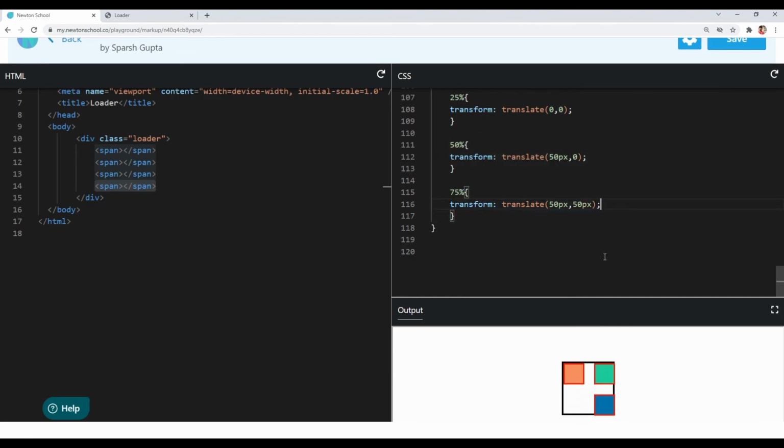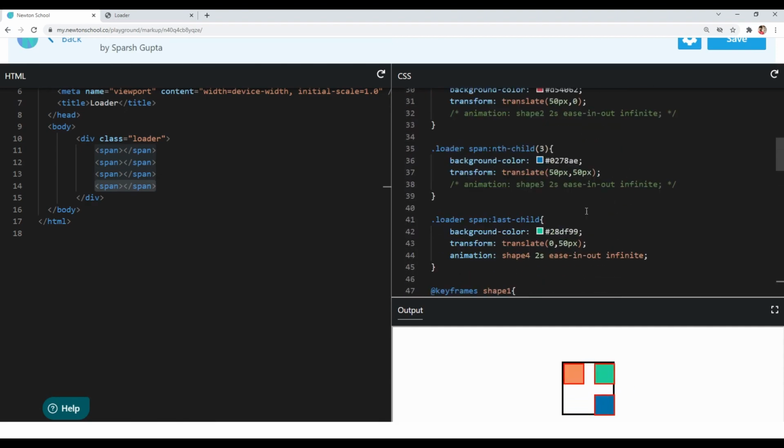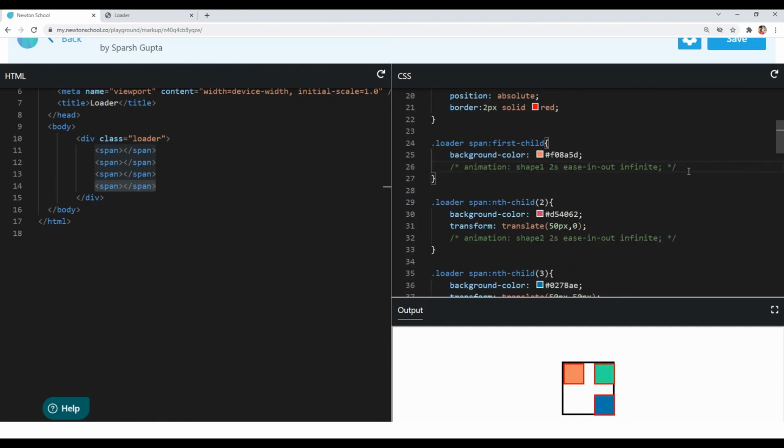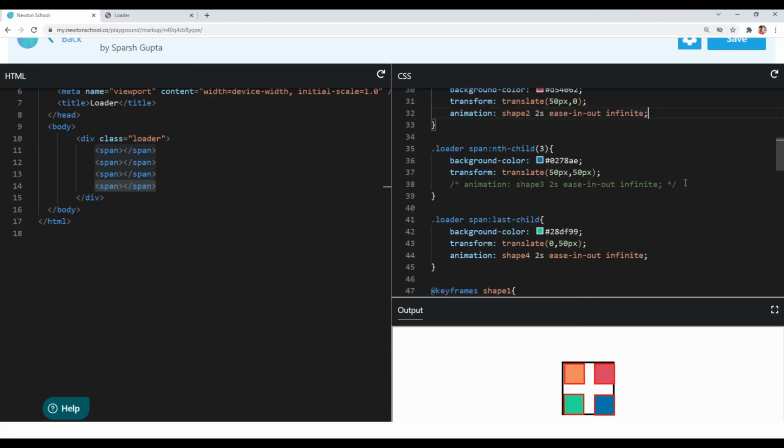So now you can see our fourth child is also successfully moving around our loader element. Now let's uncomment the animation property, so we can see our span childs moving around the loader element. You can see our span childs, or you can say the squares, are successfully moving around our loader element.